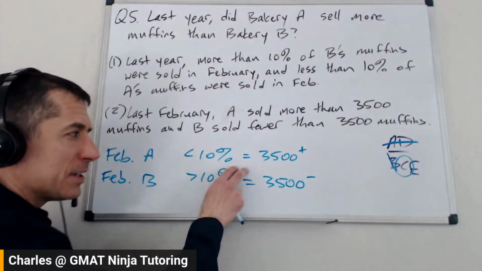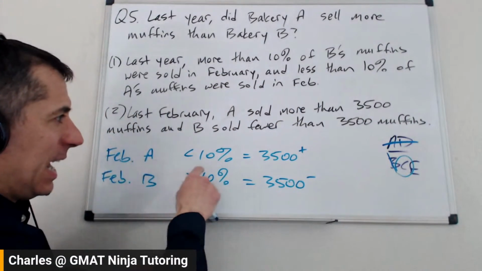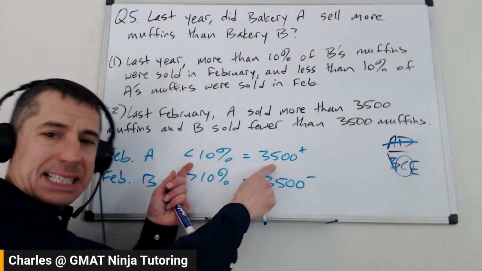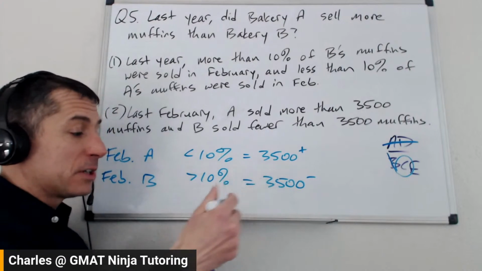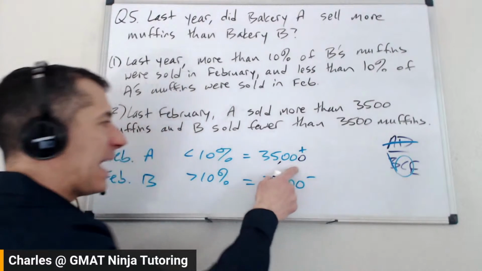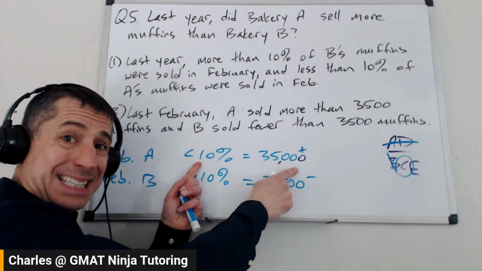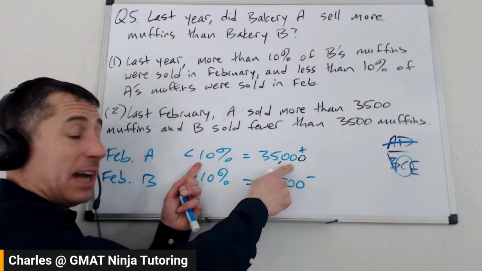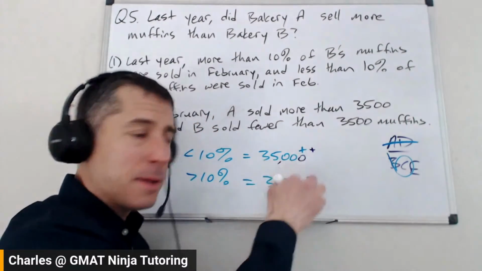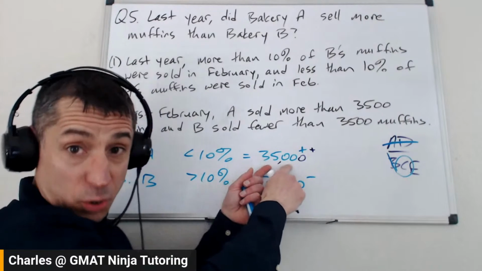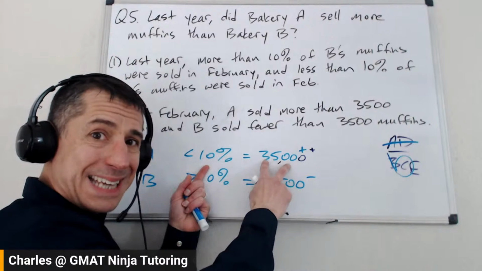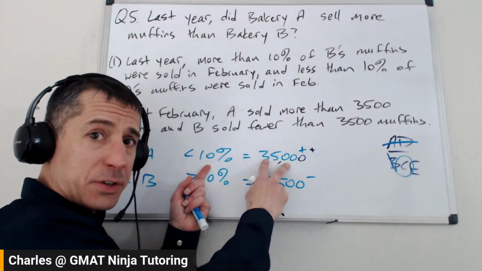The other thing you could do here, if you're not totally sure, is you could go, well, wait a minute. If this is less than 10%, then it must be the case that I take this. So if it is 10%, then their total sales for the year, we're going to add a 0 on, right? So it's going to become more than 35,000. Since it's less than 10%, then it's got to be another reason why this would be more than 35,000. So you could say conceptually, I'm going to put 2 plus marks there. One, because they already sold more than 3,500. A second one, because that total annual sales had to be more than 10 times that original 3,500.